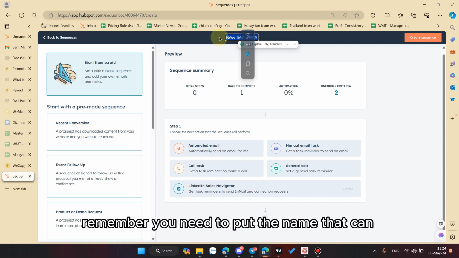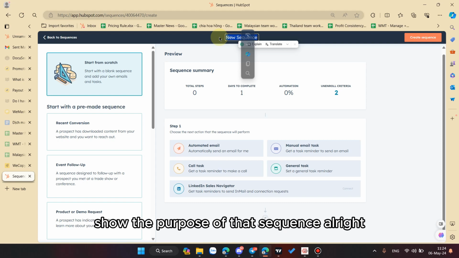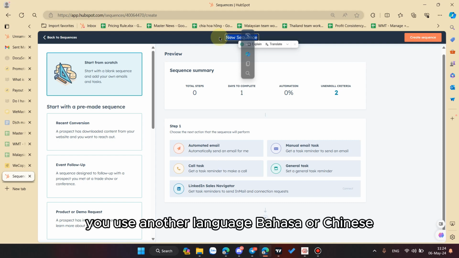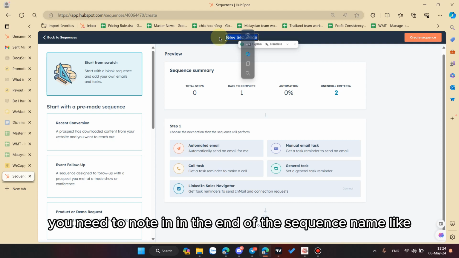Remember you need to put a name that clearly shows the purpose of that sequence. And also remember to put at the end what the language is. If you use English, you don't need to put anything, but if you use another language like Bahasa or Chinese, you need to note it at the end of the sequence name.